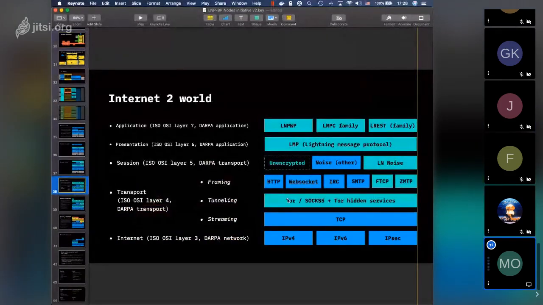So here we have this Internet 2 protocol stack with a basic layer composed of TCP/IP, on top of which we can use Tor, which is basically a SOCKS5 proxy for transport, and we use a special transport framing protocol, the layer that is absent in the normal TCP/IP stack. And this transport framing protocol, normally the Lightning Network uses just pure TCP, but we extended it such that it supports